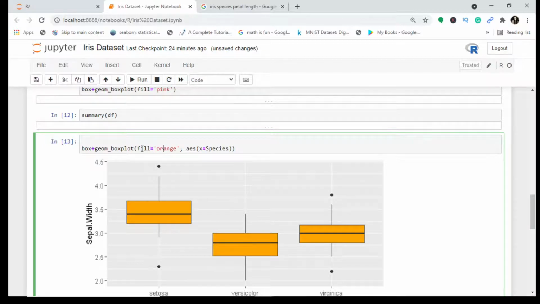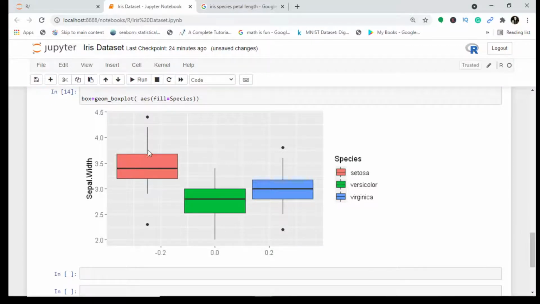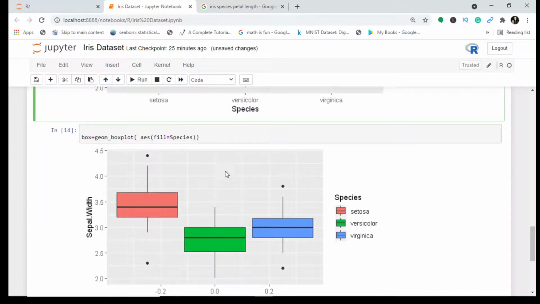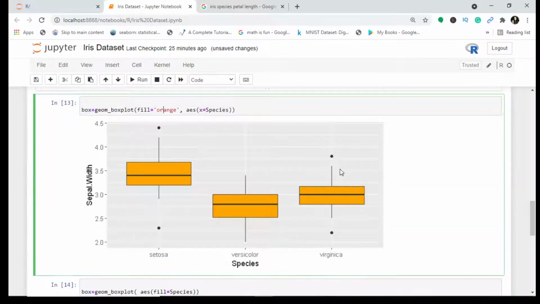This is the data, and I'm passing parameters separately from aesthetics. Within aesthetics, the species are being filled inside. So it understands that within the species you have to go and fill the colors. So this becomes more meaningful and more insightful. Now let me show you something called facets, so that we get the various species together and need not plot individual plots for all of these.